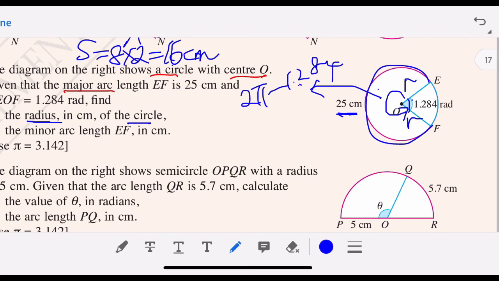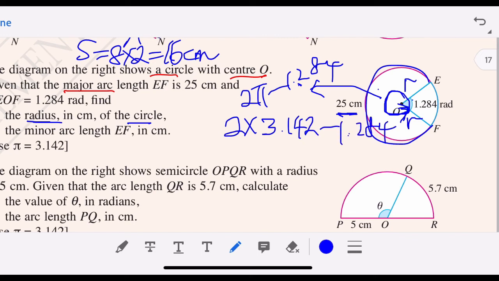If you take 2 pi minus 1.284, you get the angle that I labeled with a blue pen. Please remember the pi must be the pi from the